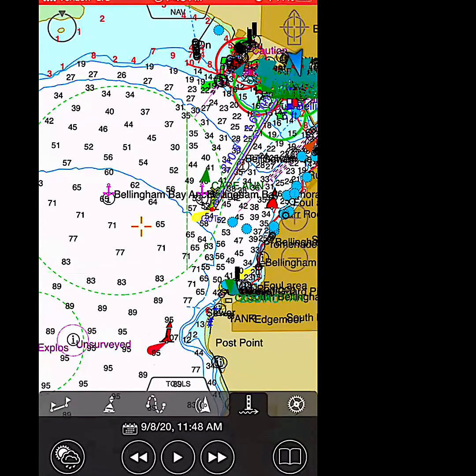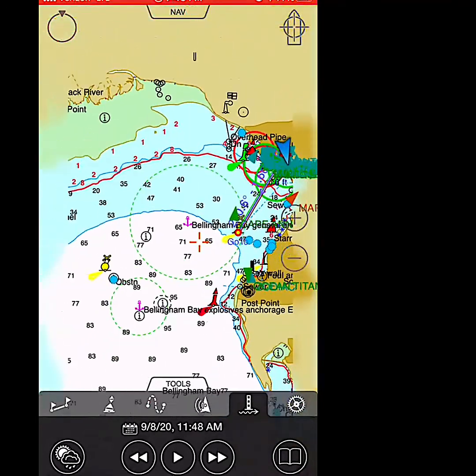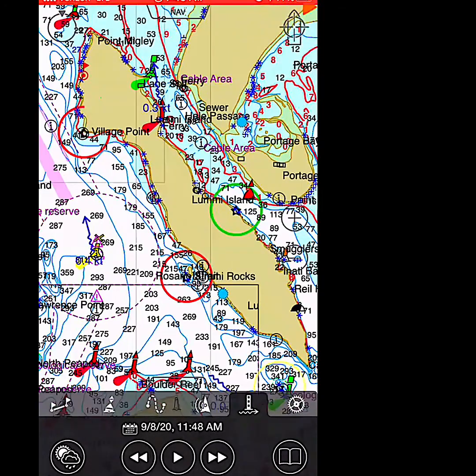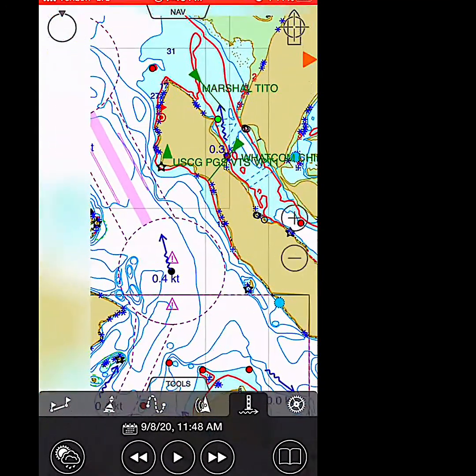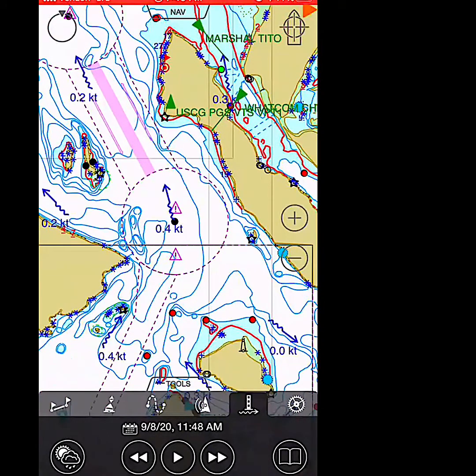The next one is a service that I just subscribed to, which I find is kind of cool. So if I zoom out a little bit, you can see Bellingham Bay. I'm going to zoom out far enough so that the soundings disappear. You can see those arrows here with numbers on them. So between Lummi Island and Orcas Island to the left, Lummi to the right, right in the middle of that circle, you see that arrow and then the 0.4 knots. That is the current at